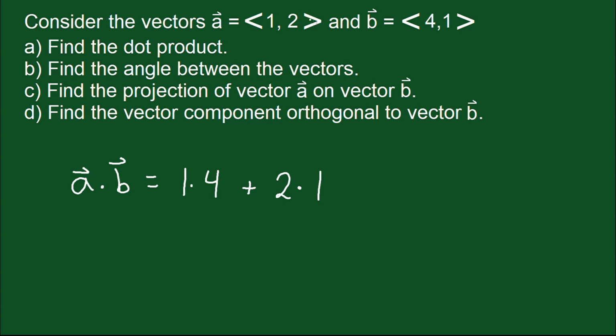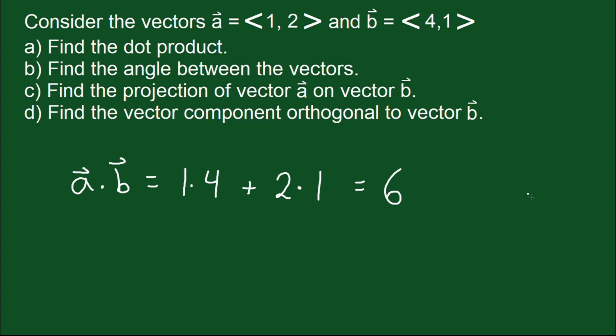If there was a third z value in each of these vectors, then you would add those two numbers multiplied together, but we don't have that here, so we can just stop here. Now, if you perform this calculation, 1 times 4 is 4, 2 times 1 is 2, add those together, and you get 6. So, just like I promised, we get a scalar answer when we take the dot product of